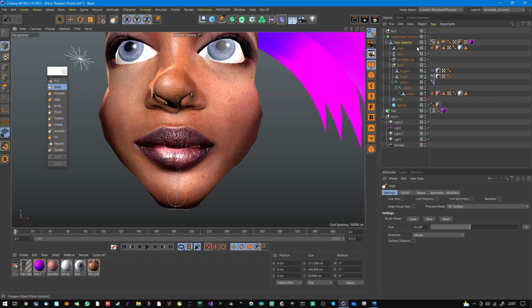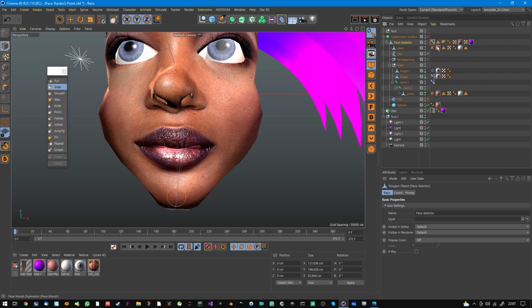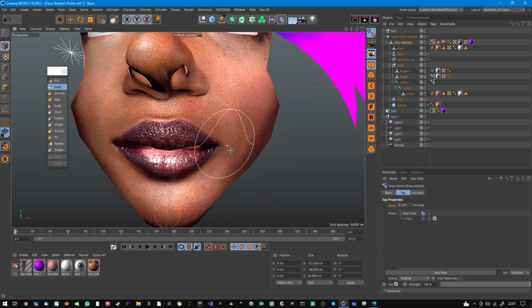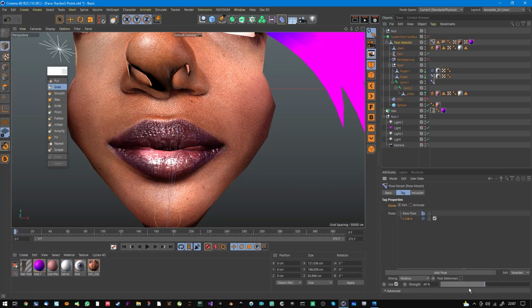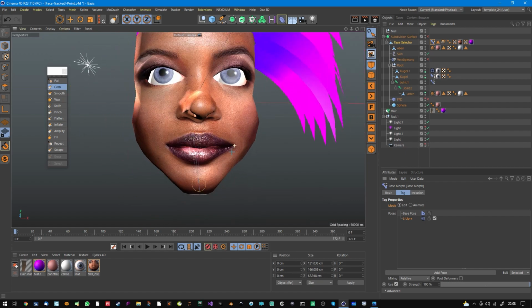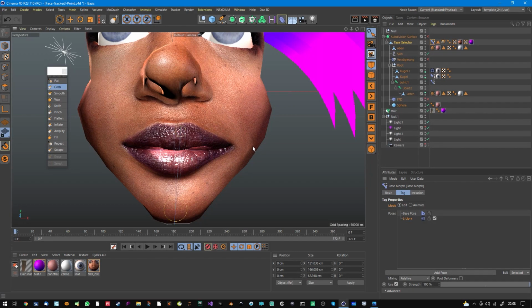Now go into face selector, and because I'm in the pose, I just stretch the lip sideways to the left side, on the x-axis. So like this. Now I copy this pose and paste it and call it right lip X,